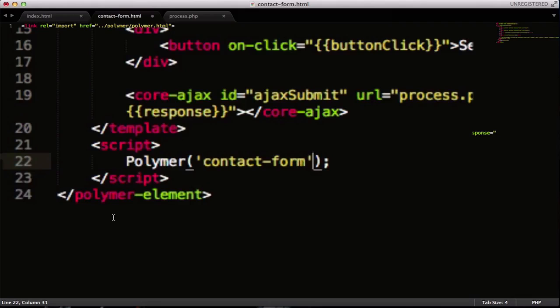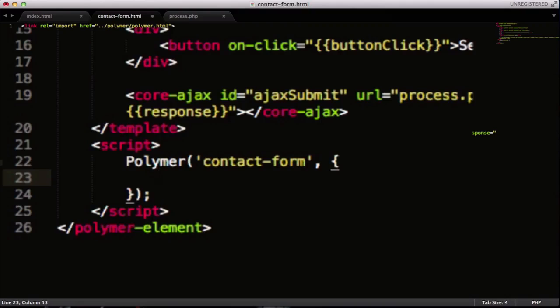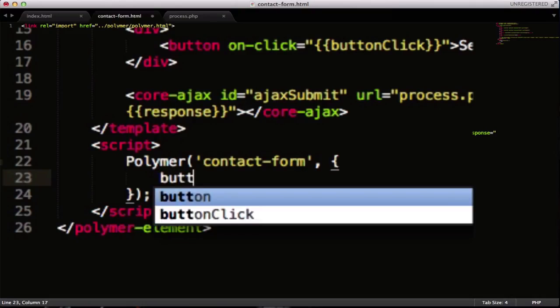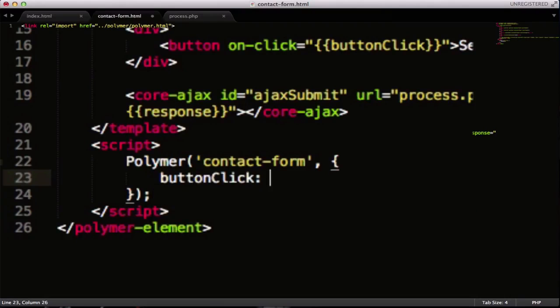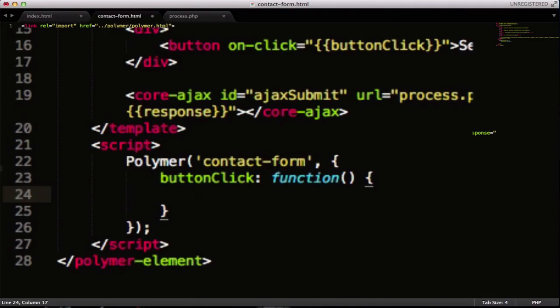Let's go to our Polymer constructor and let's add that second argument, which is for the prototyping, and here we'll type in button click function. Now whenever button click is true, which is the case when we click this button, it will run this function. So inside of the function, let's add this